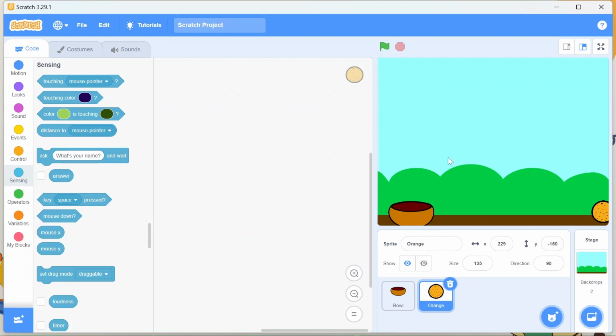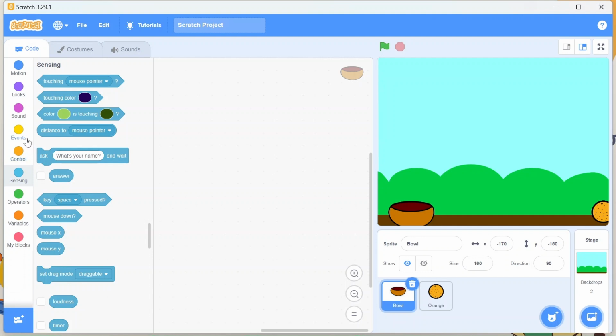Now we will start coding. So very first we are going to code for the bowl. So just think of what functions you need for a bowl. You can guess them. They are going to be very easy ones. So the bowl needs to move right and left, right? And what else does it want to do? That as soon as it touches our edges, it will just bounce back.